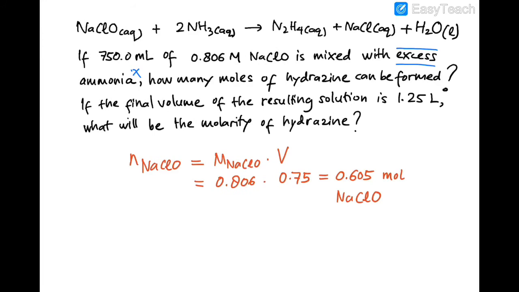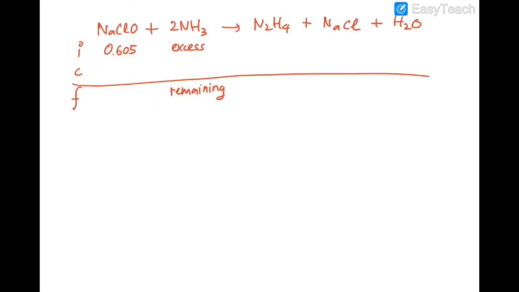Now, based on this, we can build our ICF table. We begin with 0.605 mole of NaClO, and we have the ammonia in excess, meaning that for sure ammonia will not be the limiting reactant as it will be remaining in the final state. The one that will be the limiting reactant is NaClO,